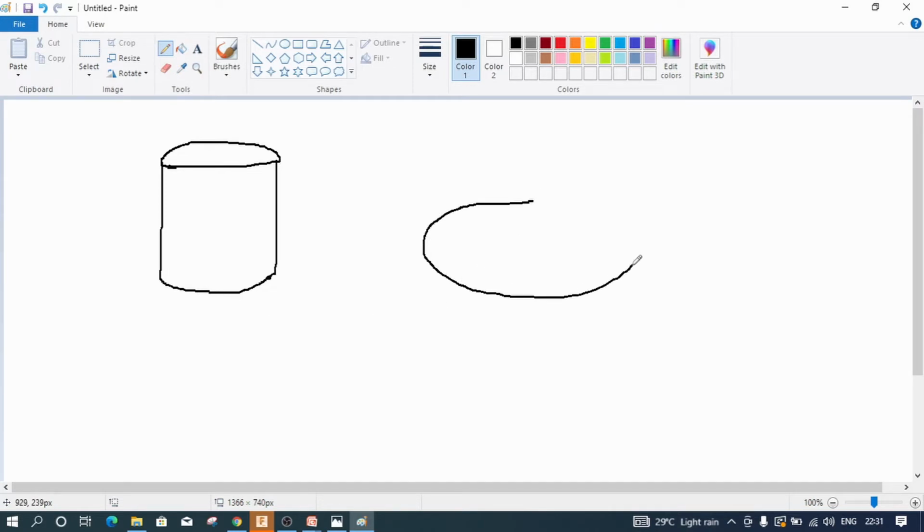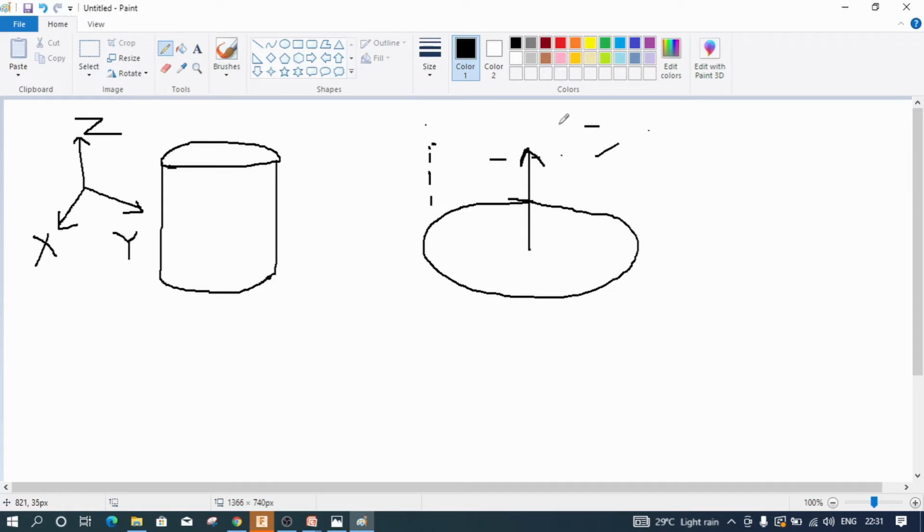One is draw a circle on the XY plane. So this is your x-axis and this is your y-axis. You can draw a circle on the XY plane and extrude it in the Z direction so that you will get a cylindrical object like this.